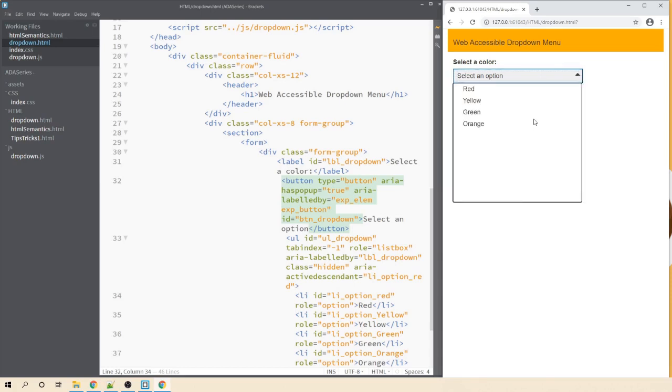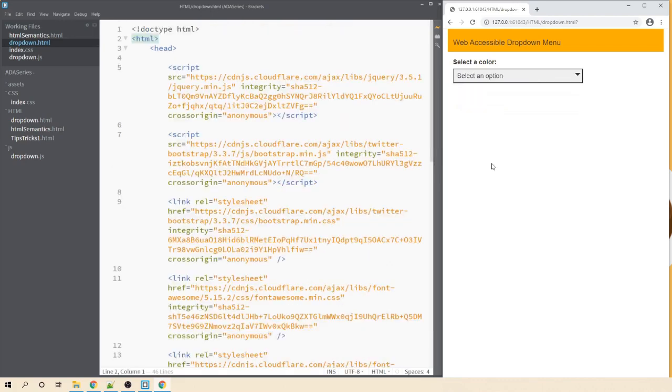Next, when I press the enter key, I can use my down arrow keys to move the focus to the next element within the list. Next, when I press the home key, it takes me, let's open this one first. Let's go to the end of these options. When I press the home key, it takes my focus to the very first element, and when I press the end key, it takes my focus to the last element. Now by pressing the spacebar key, I can make the selections. Cool, this is working as per the ADA checklist that we have covered so far.